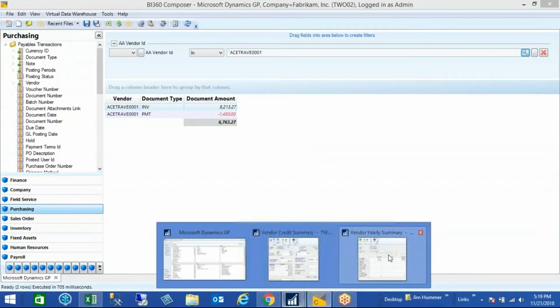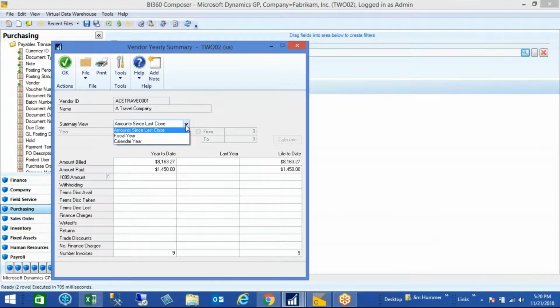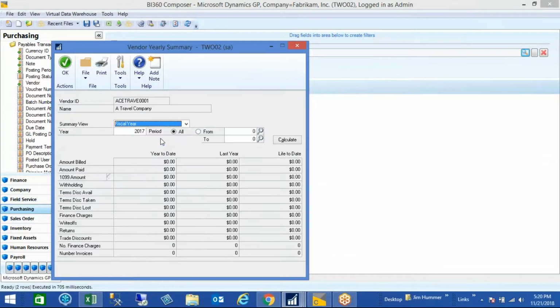So I'm going to go back into GP, and I'm going to go in actually to a fiscal year. And I'm going to look at 2013, and then calculate. And I have a 710888 and a 1400. So let's see if I can get those numbers. So I'm going to go into my